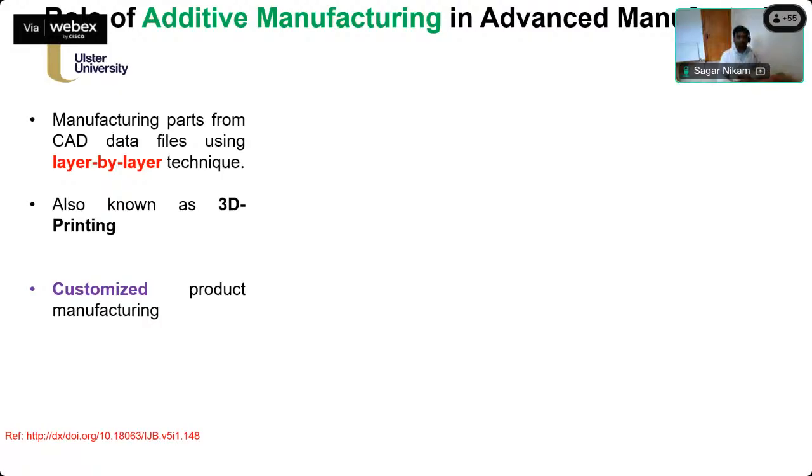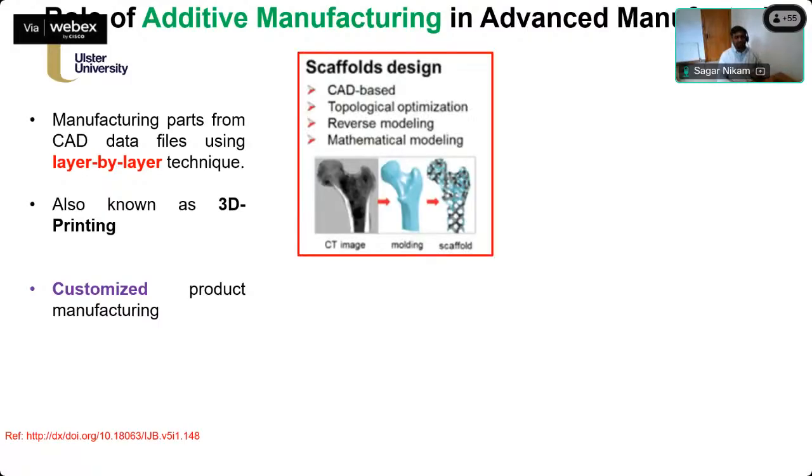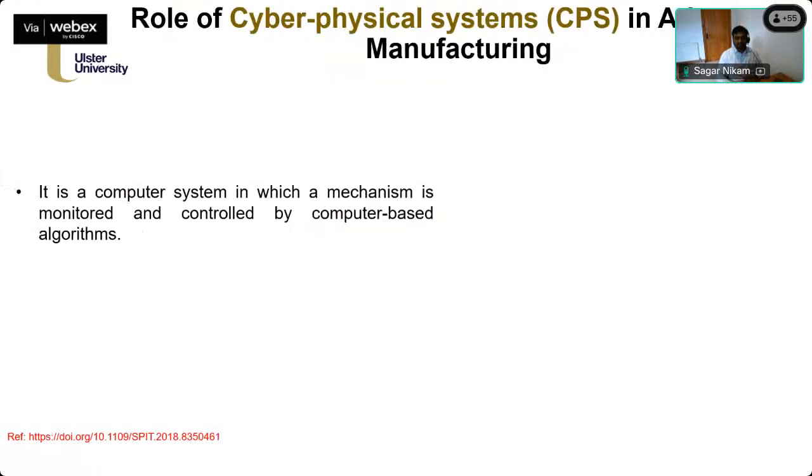And obviously this is not going to be new for you, the role of additive manufacturing and advanced manufacturing. It's very common nowadays, but just to give a small piece of information about what it actually is. We know that in the additive manufacturing process, the CAD data is used to manufacture the product layer by layer, and we use the term additive manufacturing based on the ISO standards. It's also called 3D printing, but additive manufacturing is the common term used by the standard.